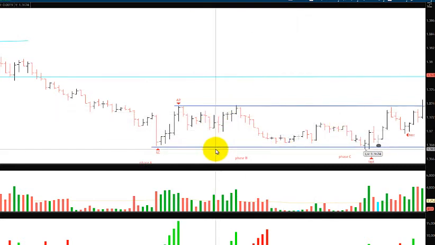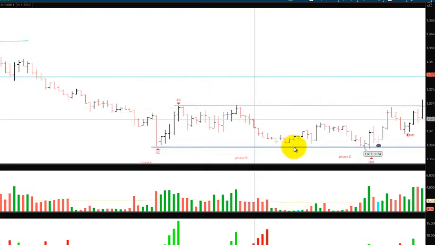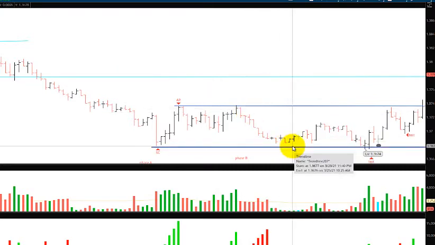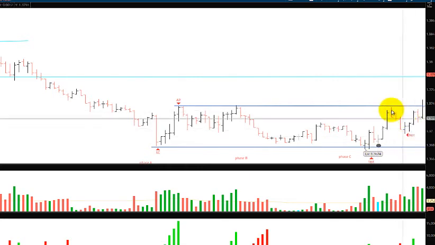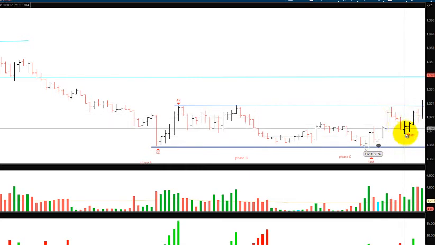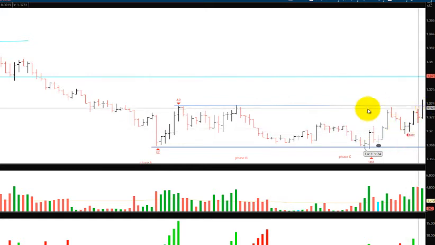So again, that's also going to print some kind of signature with volume. It's going to be very obvious when I see these levels, either resistance or support, and the activity, and then I can determine who's trading at those times. So here is the last test in phase C, and then it starts to move back up and out, and we get these pullbacks, and these pullbacks are tests of these last points of support along the way. And then, of course, we ultimately get a breakout above this resistance area, or this consolidation.